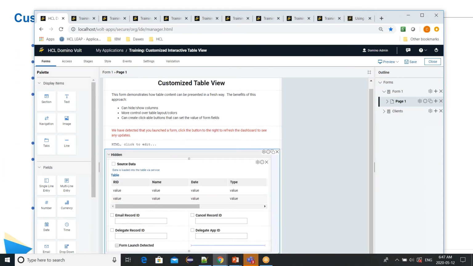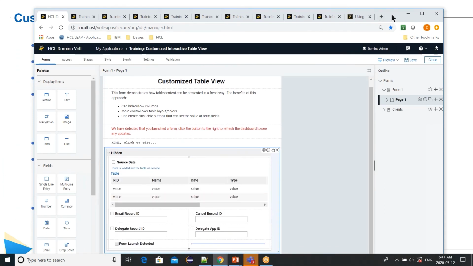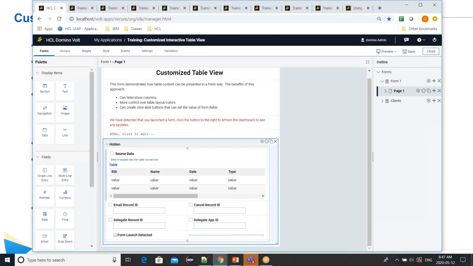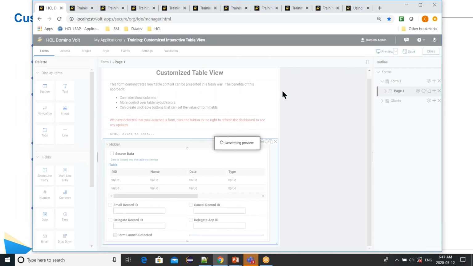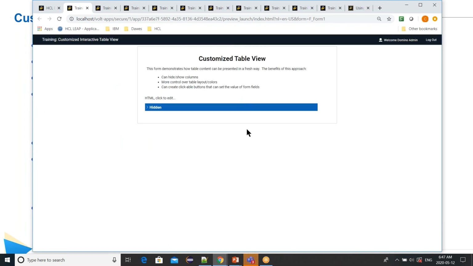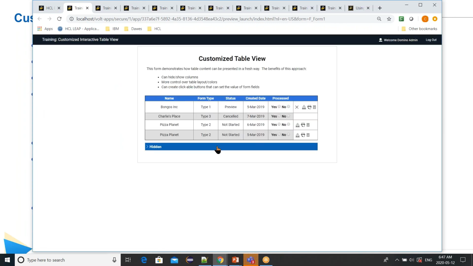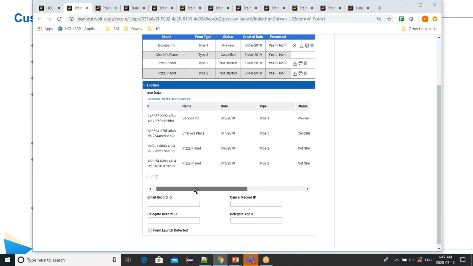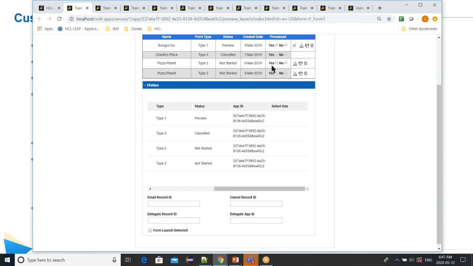You're going to see inside of this section, I have the stuff that's hidden, right? So this is my actual data, and it goes to that use case that I was talking about at the end, where it's a hidden control. We're not rendering it, and when I go to preview, what we're going to see is my really nice customized view. If I open my hidden section, you'll see, okay, here's all my data, and here's how I'm representing it